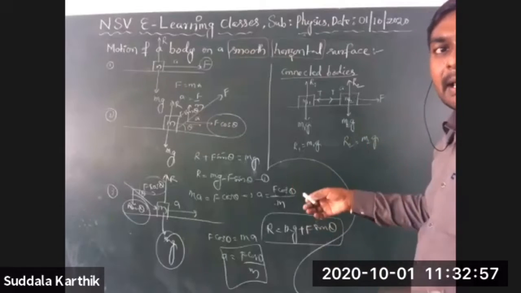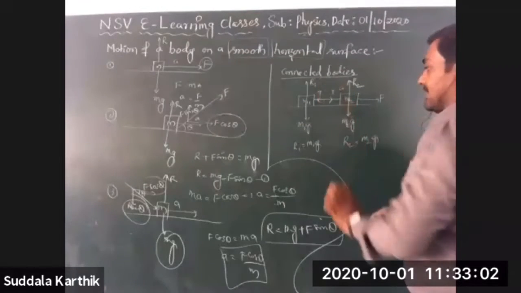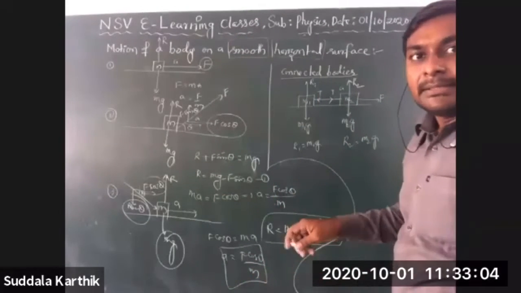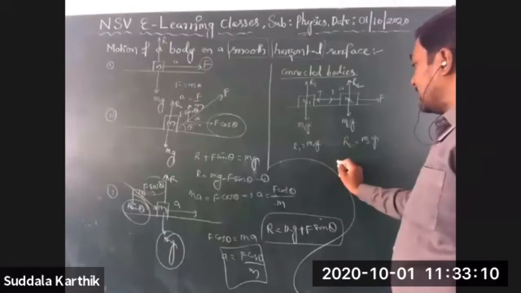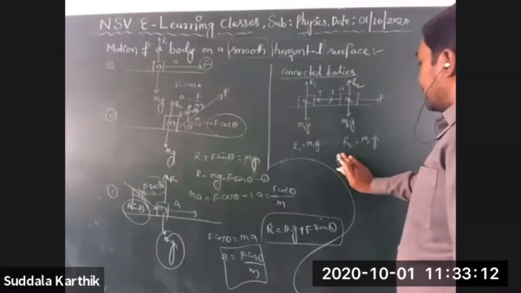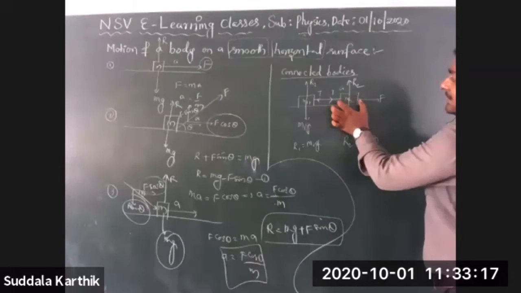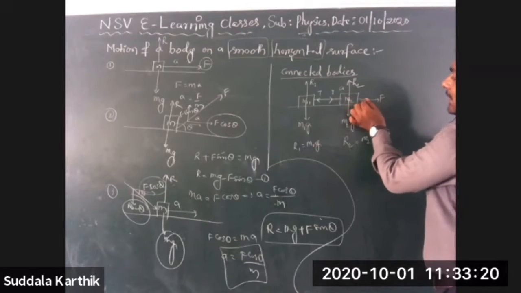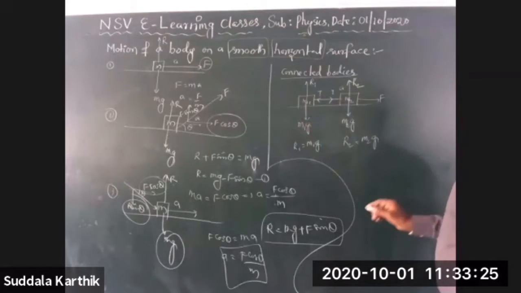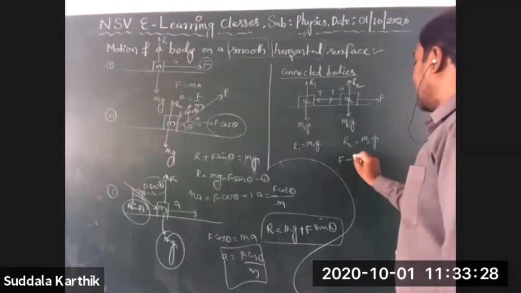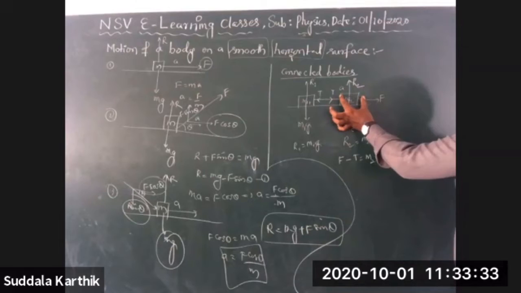After that, I am going to discuss the horizontal motion. Horizontally it is getting some acceleration. First of all, I am calculating the resultant horizontal force on m2. F is acting in this direction and T is acting in this direction. So F minus T is equal to m2a, because it is getting some acceleration a.